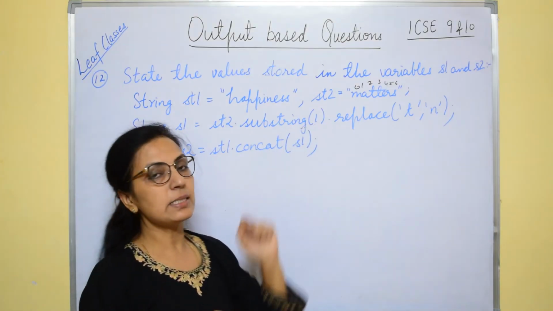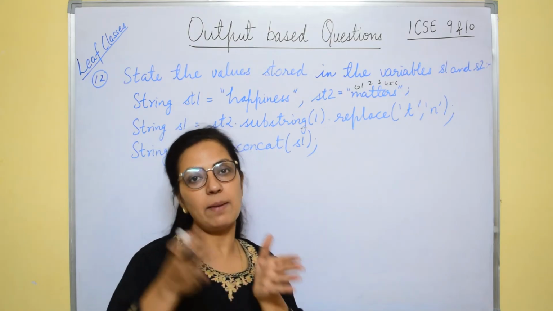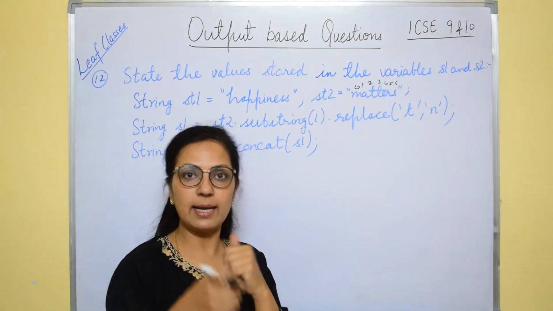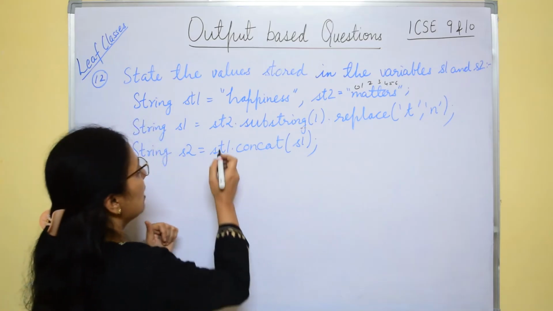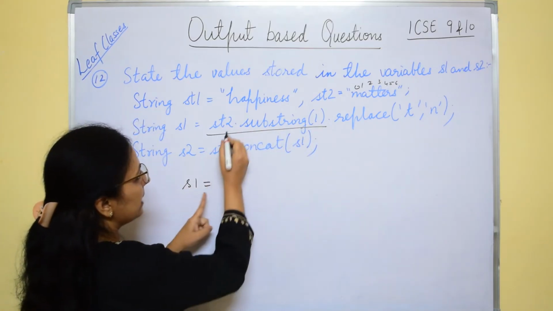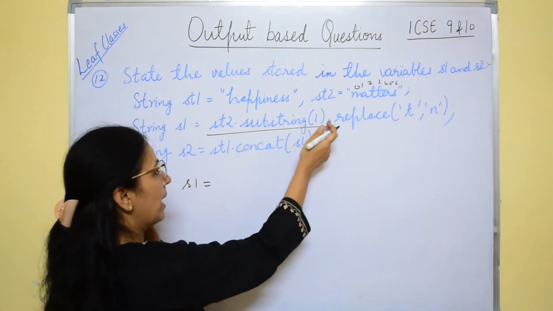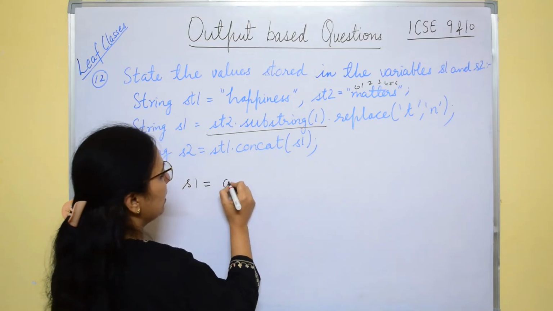Substring, if only the starting index number is given, then from that index number till the last, all the characters are extracted. So you can solve it like this: S2, that is matters, dot substring 1. So starting from 1,